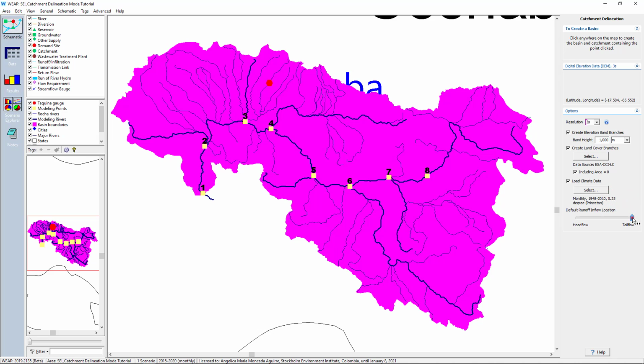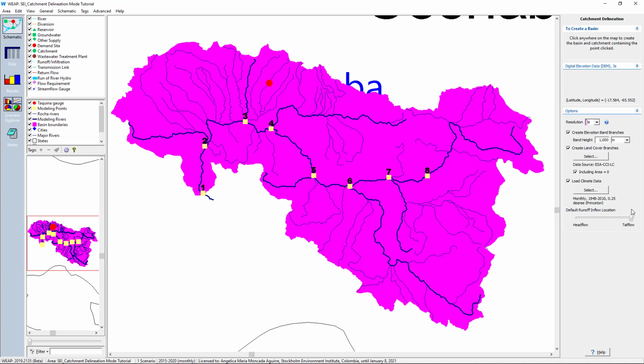In this slider, we define the location of the runoff inflow node, closer to the head flow or at the tail flow. I prefer tail flow. The importance of the node inflow location was explained in Hydrology Exercise 1, Developing a Hydrological Model in WEAP video